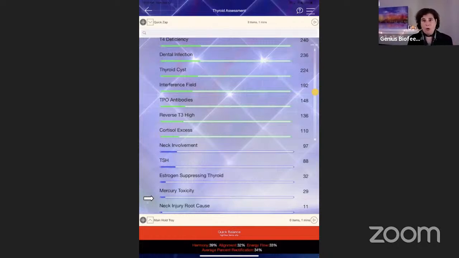There's no worry about using assessment and solutions in the same tray because they all have the same goal. Everything is being harmonized. Everything is being cleared. Everything is being brought back to its optimal frequency. So there's no conflict in using assessment and solutions together, but it might be easier to do assessment first and